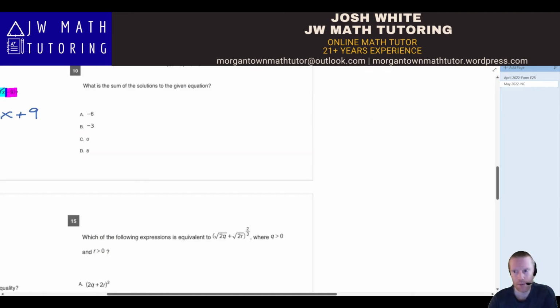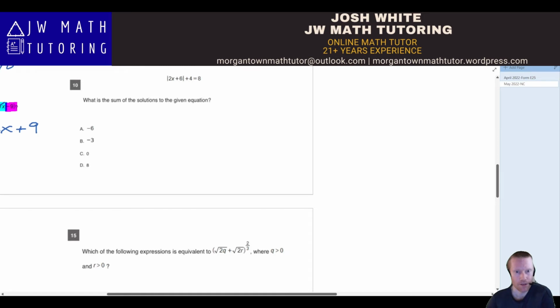Next, problem number 10 is asking about the sum of the solutions to an absolute value equation. For this one, you just have to go ahead and solve it out. Isolate the absolute value expression by itself by subtracting 4, and then you set up two equations and solve each of those equations. The first one looks like the original problem. You just get rid of the absolute value signs. And then the second one,